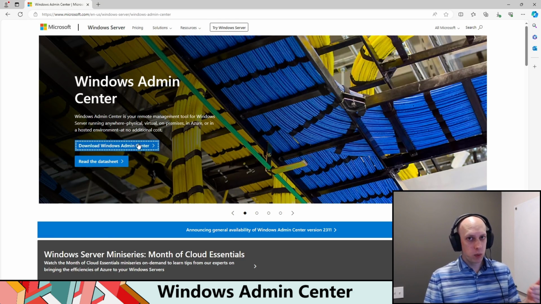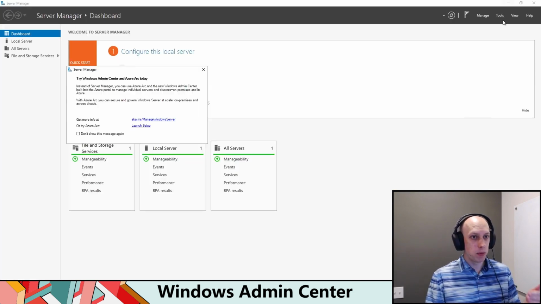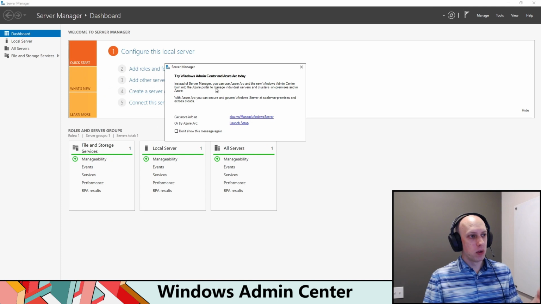And if you're wondering what Windows Admin Center is, it essentially appears to be Microsoft's next iteration of your Server Manager. And I left this up intentionally because the prompt for Windows Admin Center pops up everywhere you go on a new server. It pops up when you open the Failover Cluster Manager. It pops up when you launch the server and open Server Manager. If you haven't checked this box of don't show this message again,